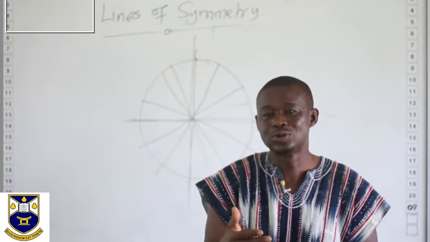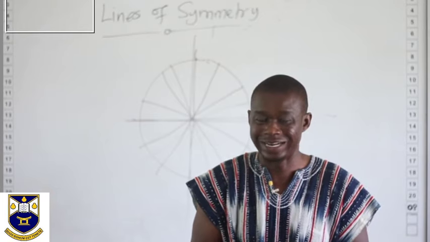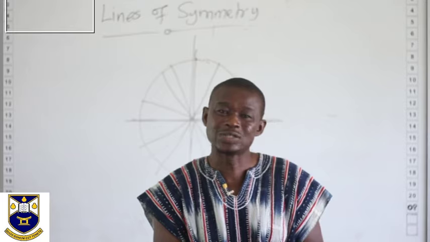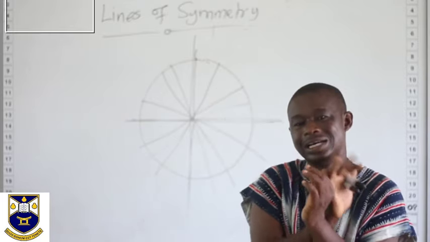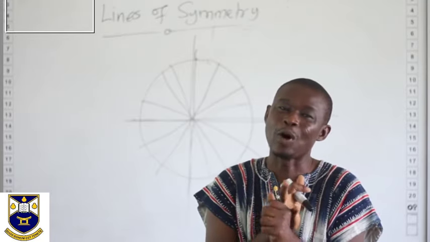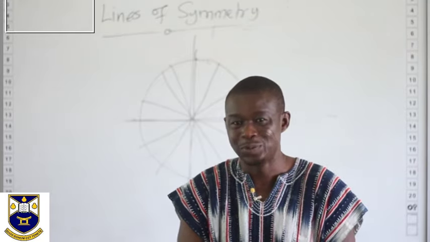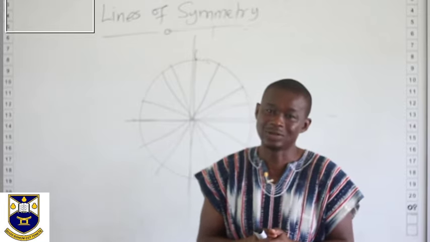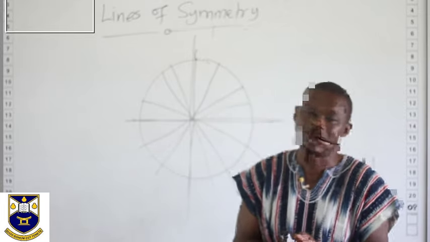I want you to get prepared for the next lesson. But please, on the next lesson, what we need is a straight edge, a ruler. We also need a compass, a pair of compasses. We are going to look at geometric constructions, how to bisect an angle, how to bisect a line,